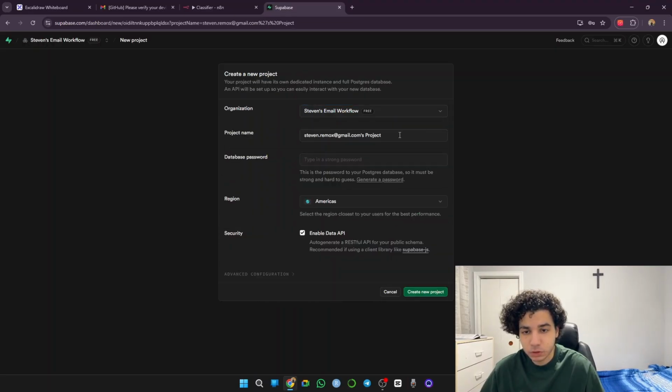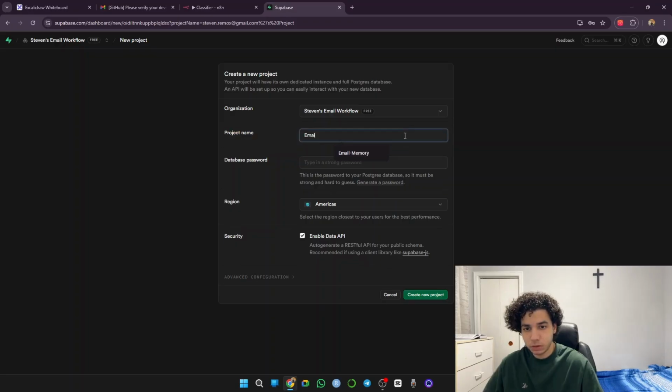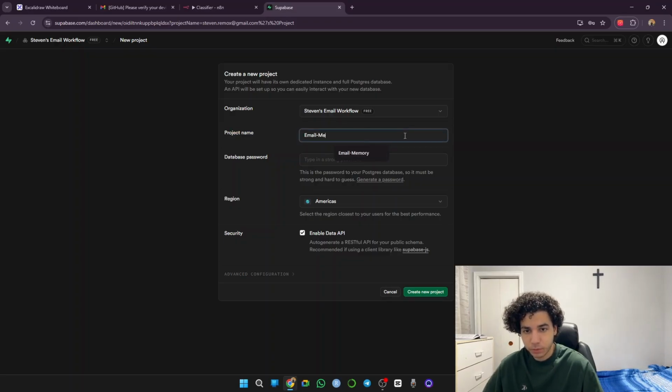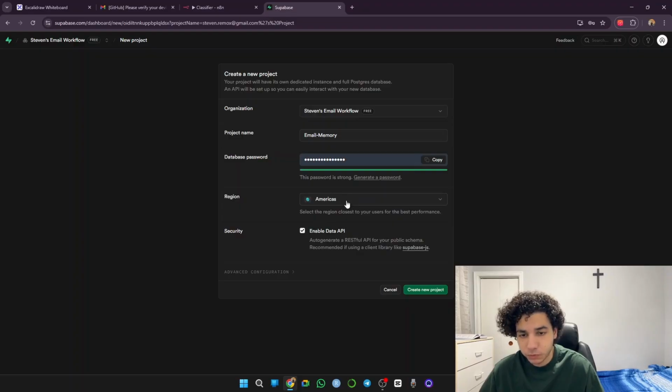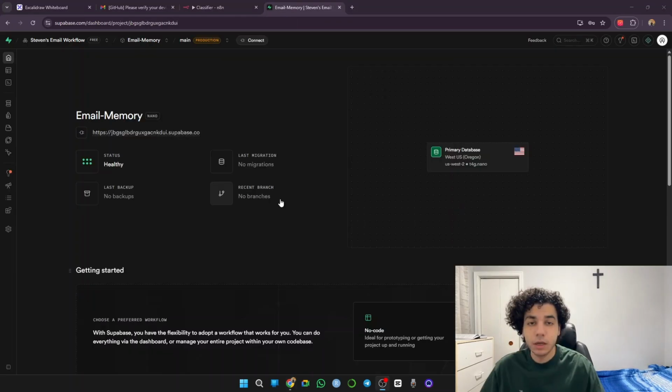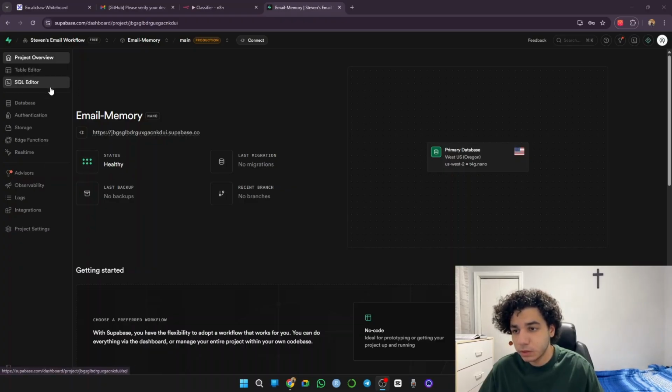Now we need to change the project name, email memory, and suggest. Make sure you pick the region closest to you for the best performance. Enable data API. Create new project. Now, after we've waited for our organization and the project to be healthy, to make the table, we enter the SQL editor,